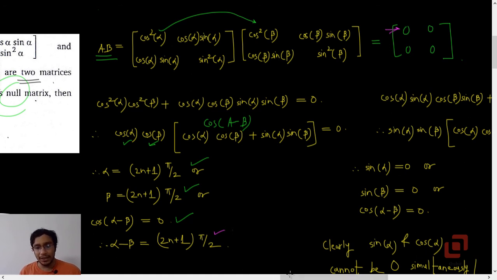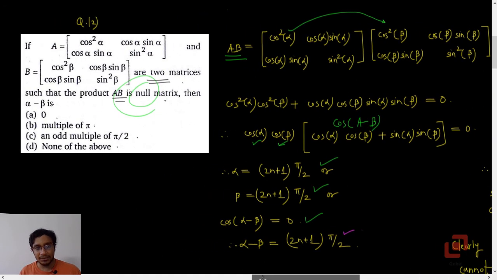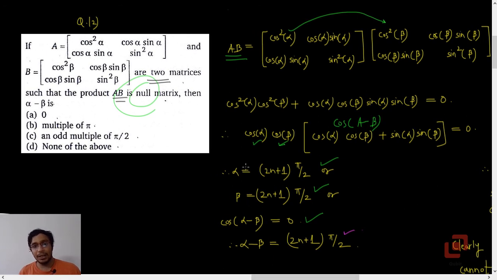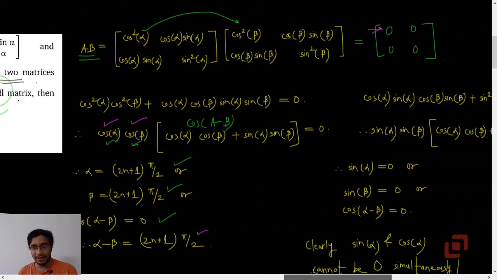Now right here you can say that alpha minus beta has to be an odd multiple of pi by 2, but you can again ask the question, what if alpha is equal to beta, and both are odd multiples of pi by 2? In that case, both will be 0, so their difference can be 0 or even a multiple of pi, right? Because 0 is a multiple of pi, isn't it? So we'll keep this in mind and go to the second entry.